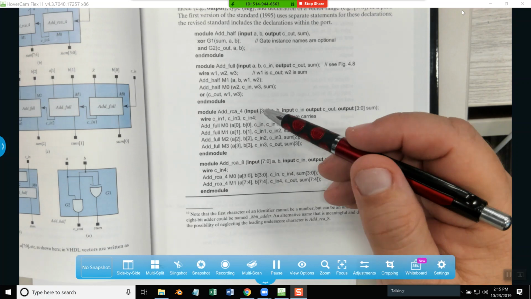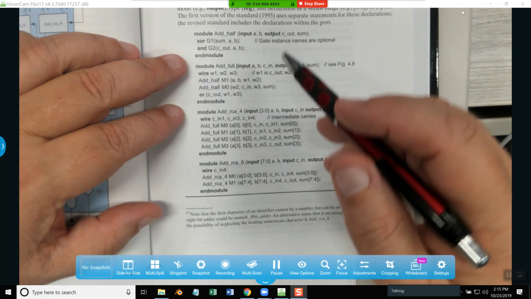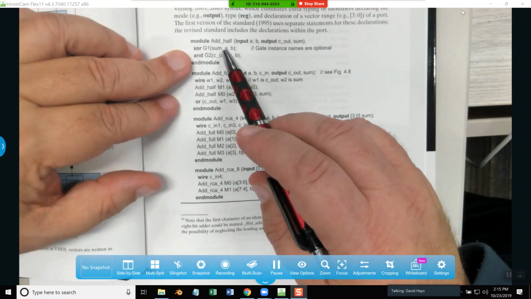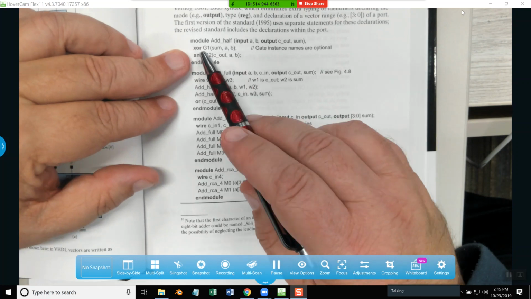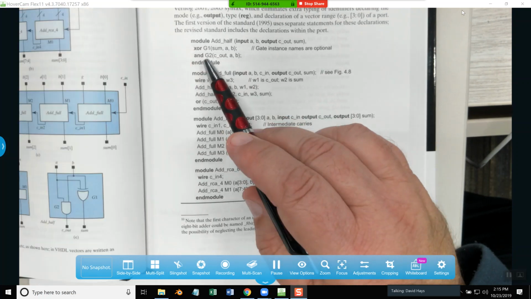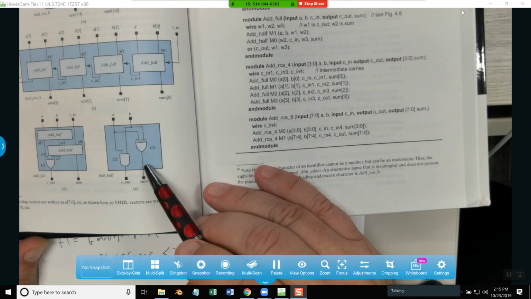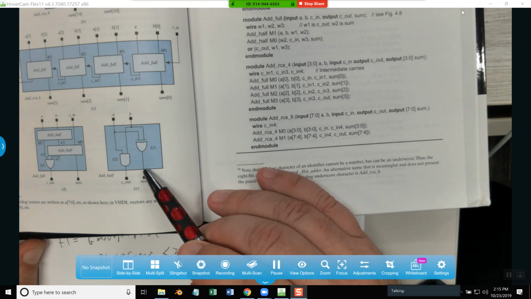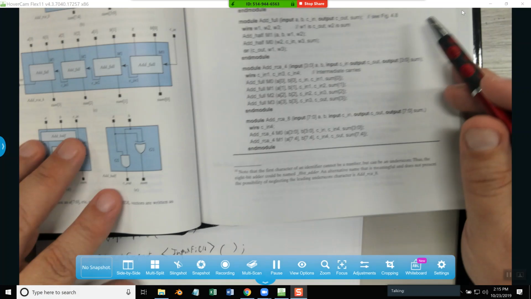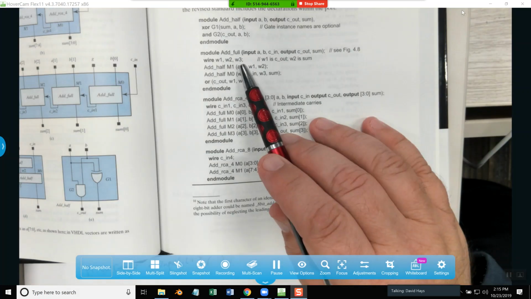Now the very lowest one here, our half adder, has an XOR and AND built in, and that corresponds to this right over here. So that's our definition of the half adder. Then our full adder, which is right here,